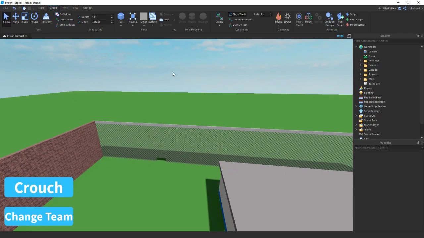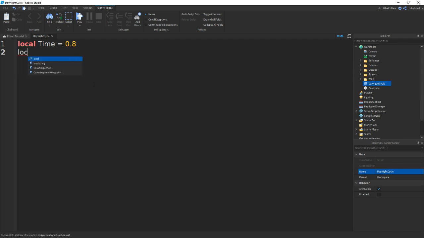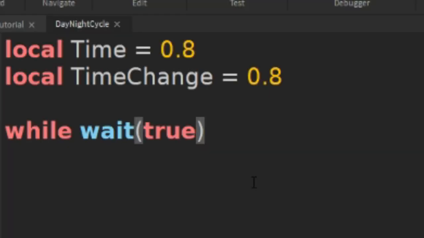First thing what you're going to be doing is making a day-night cycle. So we've just added in a script. And now we can just name this to day-night cycle. So inside the script we could do local time equals to 0.8, then we go down, then we could do local time change equals to 0.8 again, and then go down and do while wait, and then between brackets we could do time,